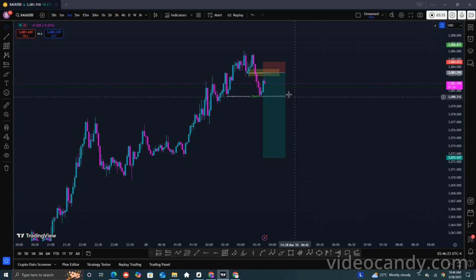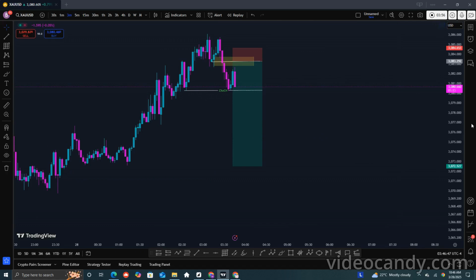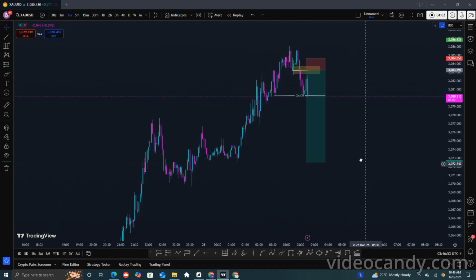So this is what we normally want to see. If you can get that confirmation there, then that is a good zone to sell here. Or if they break this structure here, you can see that they will mitigate these zones again, right? So this one was a good one because you can see probably they didn't touch, but the idea is valid,